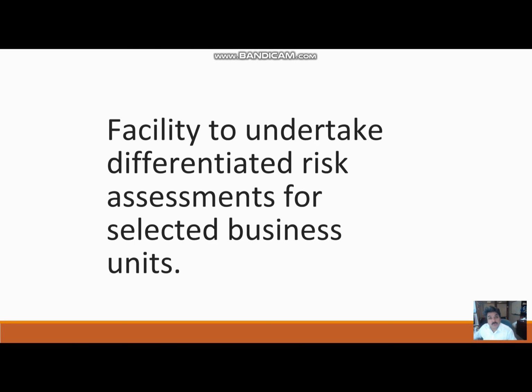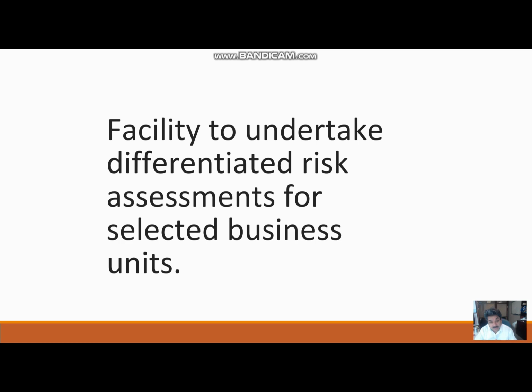And the last good feature is the ability to undertake differentiated risk assessment for selected business units. What does it mean? We have promised the BOA and the board that for 2018 our aim is to have a robust quality assurance mechanism for the risk assessment, and that's why we have introduced the template uploading for the regional approver.